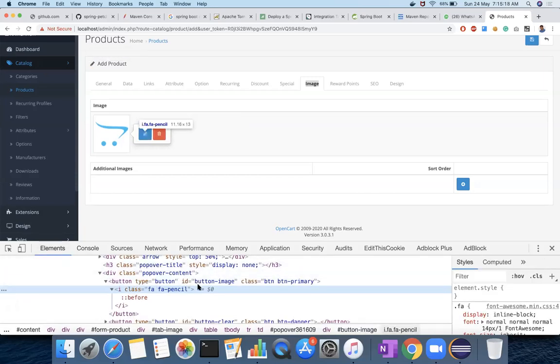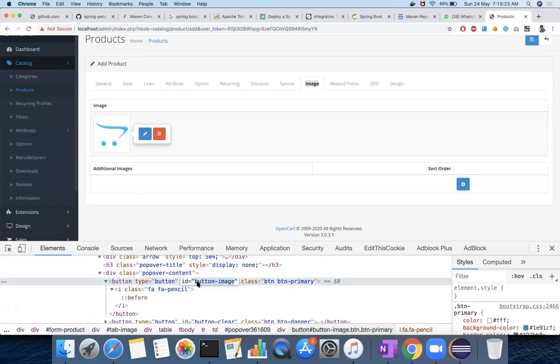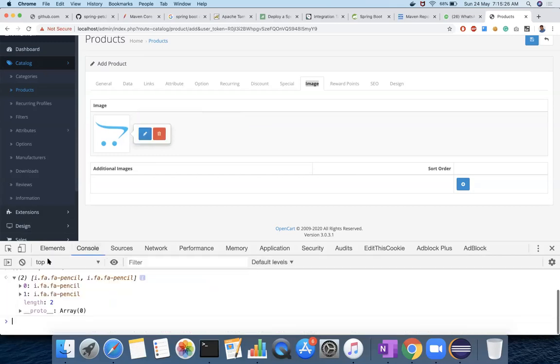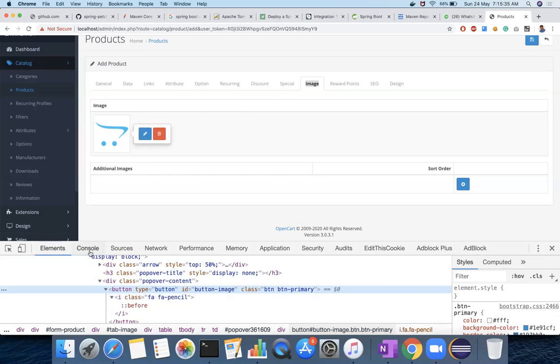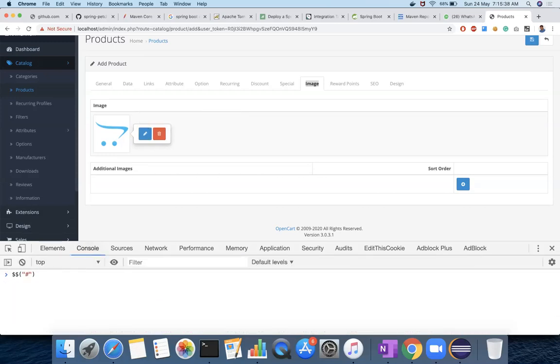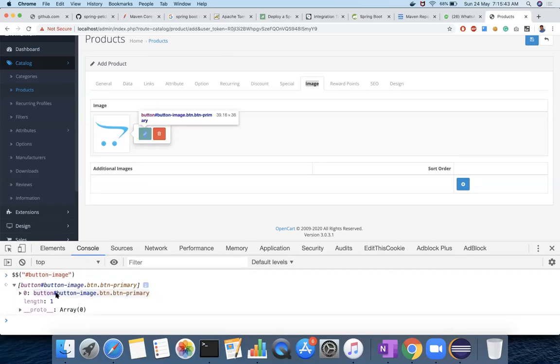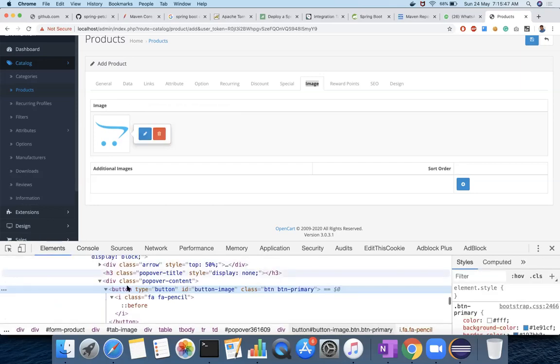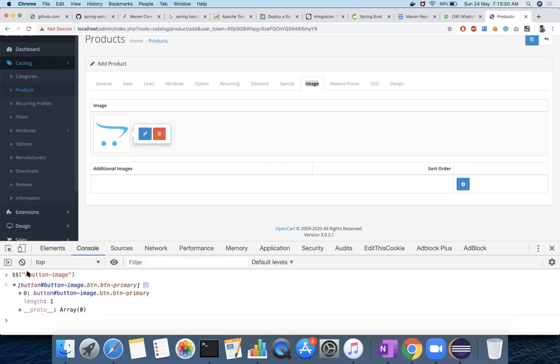If you see the previous one, the ID, right? I want to use the ID, and then I want to get the a. So in a CSS selector, if you want to use an ID, you should use hash, and then button-image. Now it will select that one. If you want to select the child of that, you can use a space.